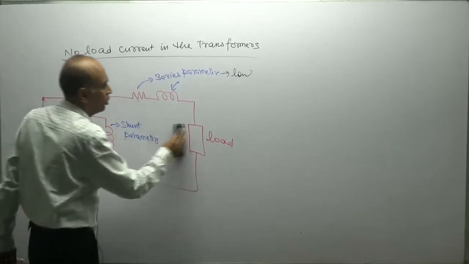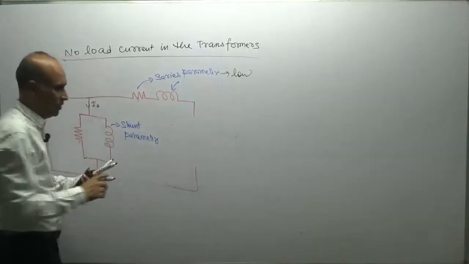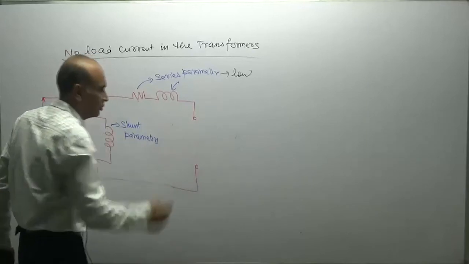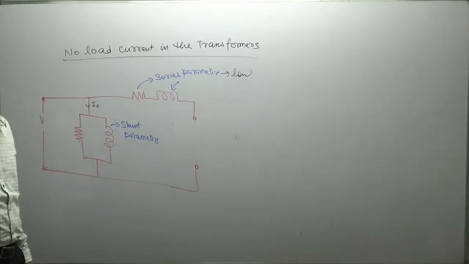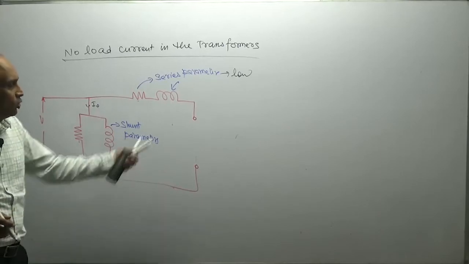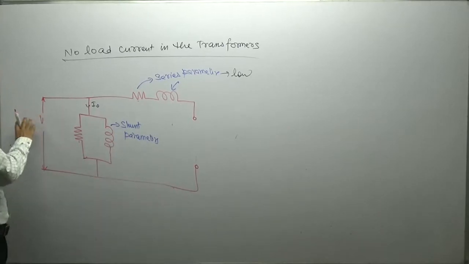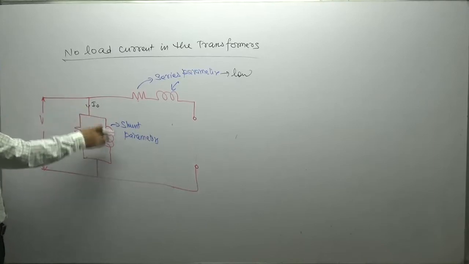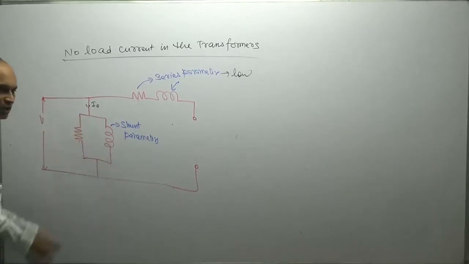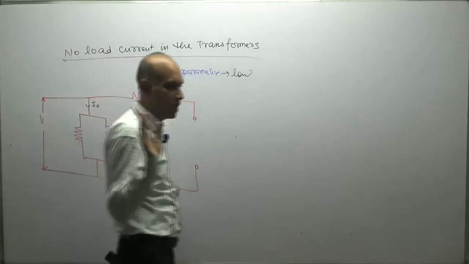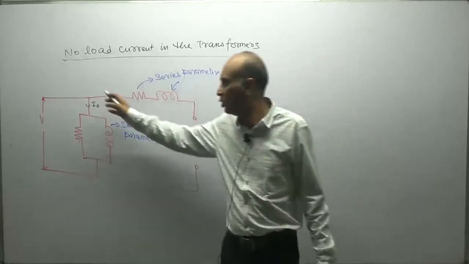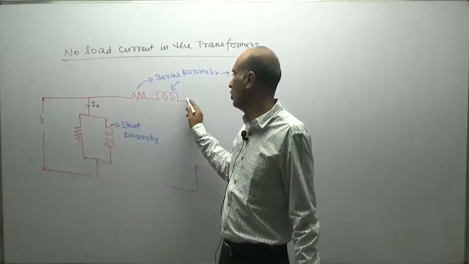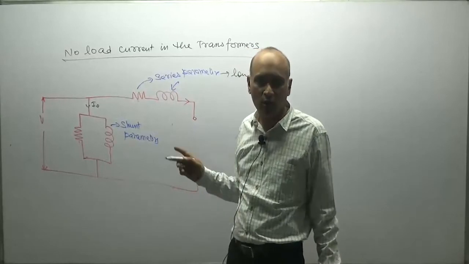If there is no load, no load means you have switched off all the fan, fridge, TV, etc. Then there is no load. There is a supply at the input side, so this circuit is completed. So some current will flow in this circuit. At no load also you can see there is some current in this circuit. So it is called no load current, and the current which will flow in this wire is called load current.